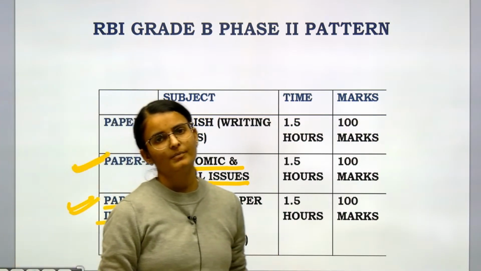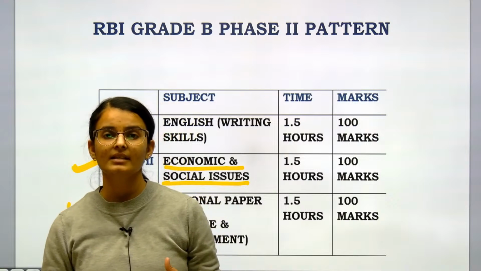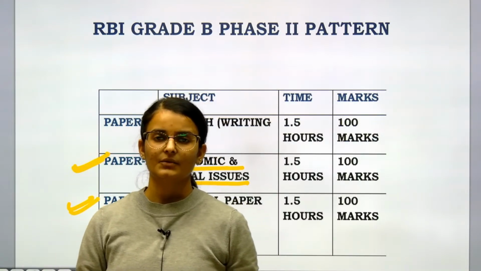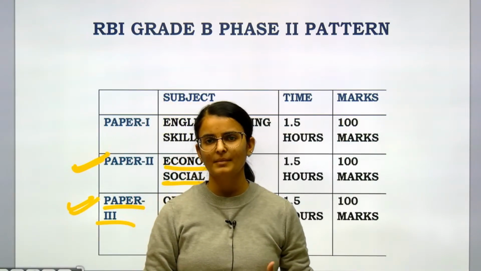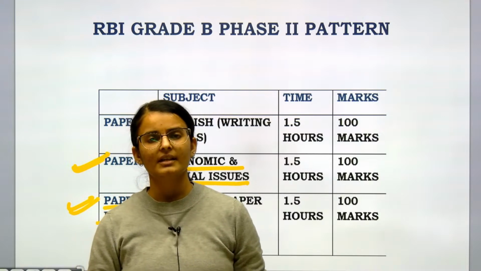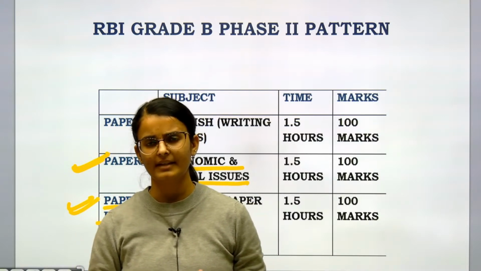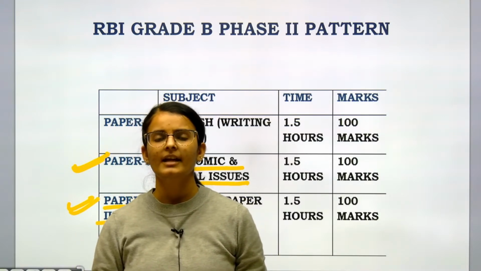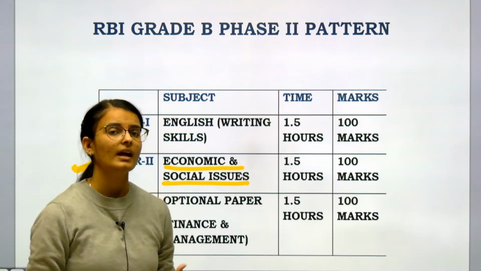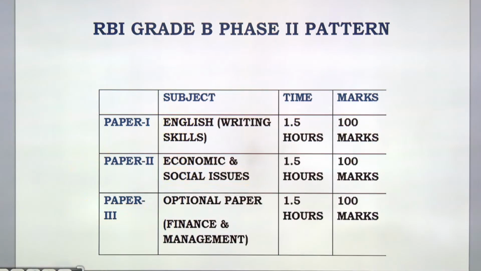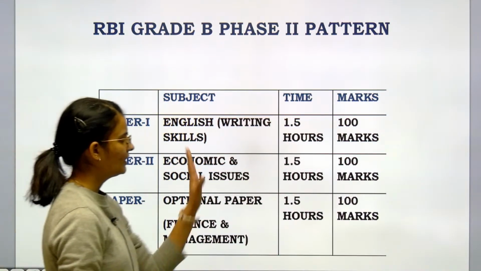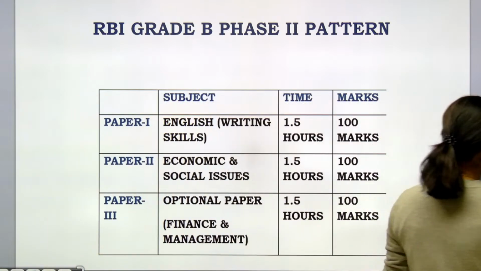In finance and management, both static as well as current affairs are important. Why? From RBI circulars, there are many questions. From the budget, there are many questions. And last year also, there was a direct question on PVTG from the budget, from Mission LiFE. I will show you the questions of previous years also. So this is your time and your subjects.